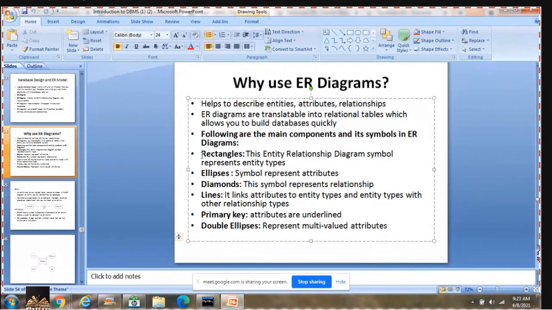Primary key attributes are underlined within the ellipses, and double ellipses represent multi-valued attributes. These are some of the symbols and their uses that I covered in the previous session.